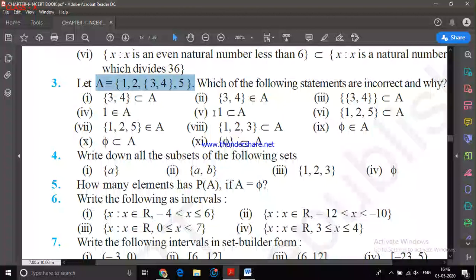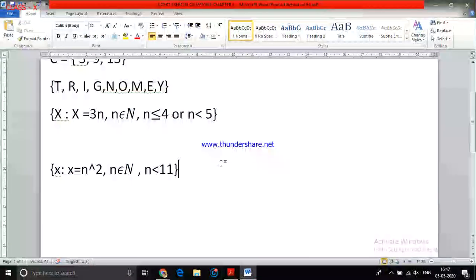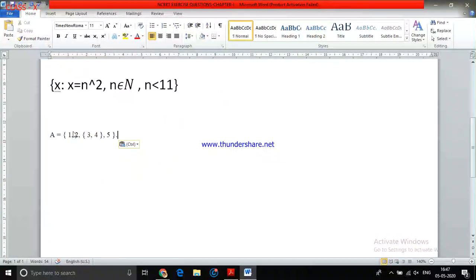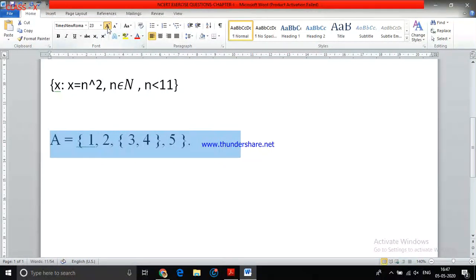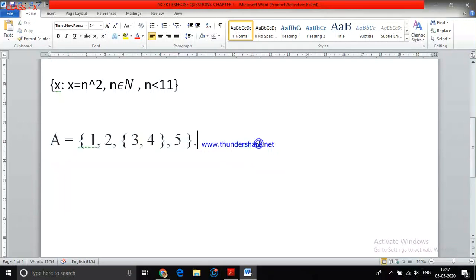Okay. Now let me come to here. Can I copy this one? Let's see whether it is copied or not. Let me take the word help. Oh, it is copied. Let me zoom it. Okay. So this is the given question. I want the belongs to symbol also. Let me take it. Oh, it is getting too far.